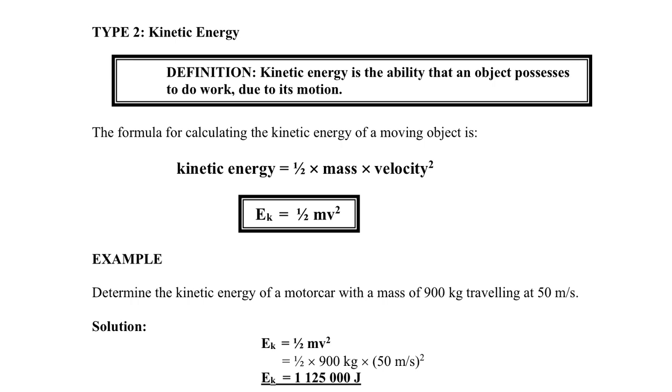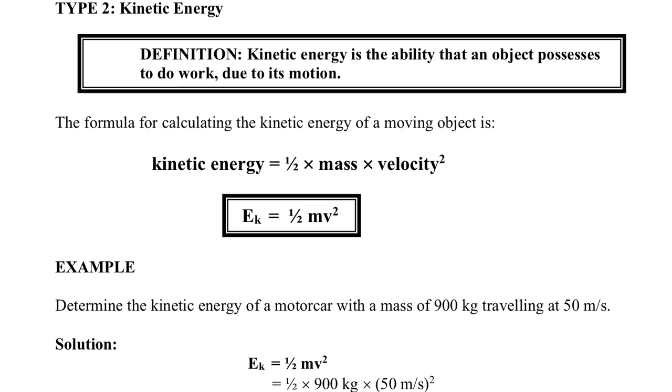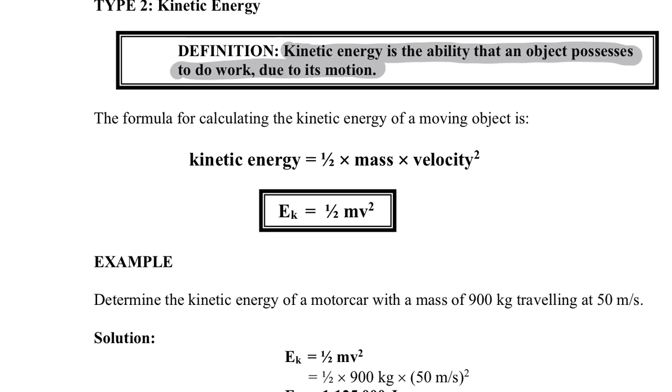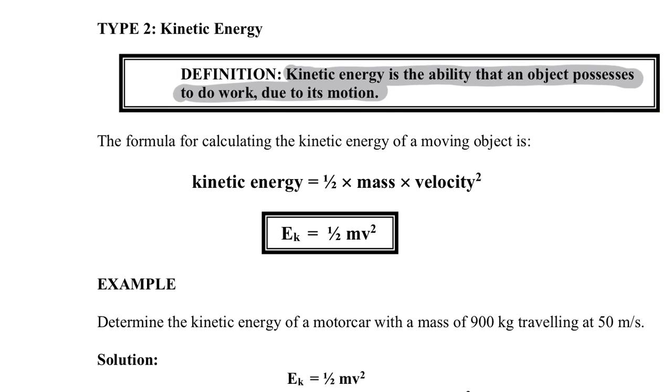The word kinetic comes from the Greek word kine, which means motion, it means to move. So if we look at the definition, kinetic energy is the ability that an object possesses to do work due to its motion. Now, we are not going to derive the formula for kinetic energy. We'll do that in grade 12, but we will just use the formula